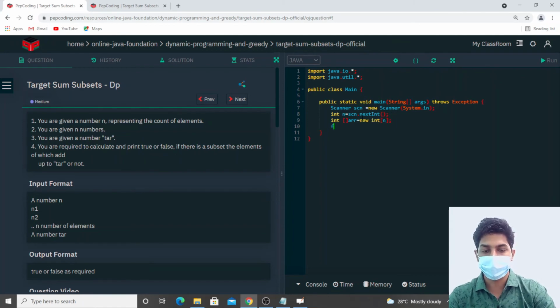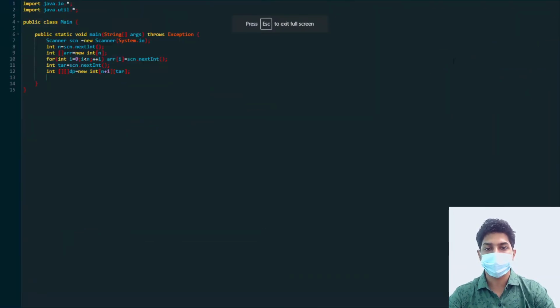So let's take input for that. Okay, after taking that, we are given a target variable. Let's take input for that. Now we are done. Let's make our answer DP array. Just one common target. Now let's try to fill this array.